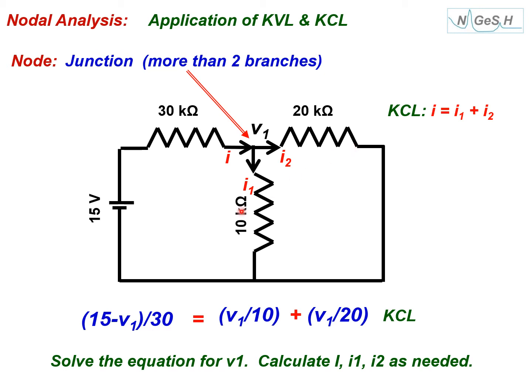Whereas in mesh analysis, you had two equations to solve the same circuit, in nodal analysis you have reduced one equation. It is very important to note here that you have only one equation and one variable, and I'm sure you can calculate the value of V1. But the difficulty is that once you get V1, you will have to calculate the values of the currents of your interest. You can easily calculate them, but there are two steps. One equation is reduced, and this is important. Suppose you have four equations, you know how difficult it is to solve four equations. So there, if you reduce by one equation, that actually matters. But then further calculation you will do.